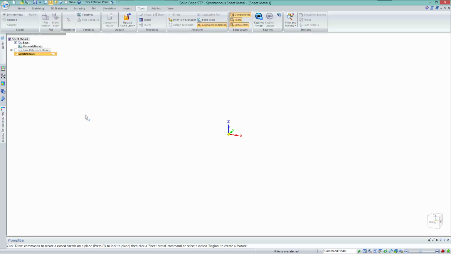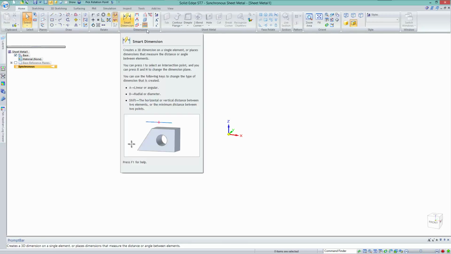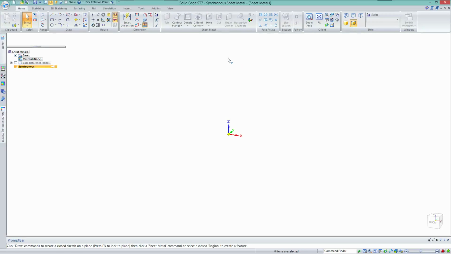To do that, we'll open up a Sheetmetal template, and this is the general layout of all of the environments in Solid Edge. So here we have a Sheetmetal file. We're presented with the coordinate system in the center that we can work off, a model structure, which is in this dockable panel on the left hand side that can be moved and placed wherever the user prefers. We have a set of command bars where all of the standard tools for this particular file type are stored,